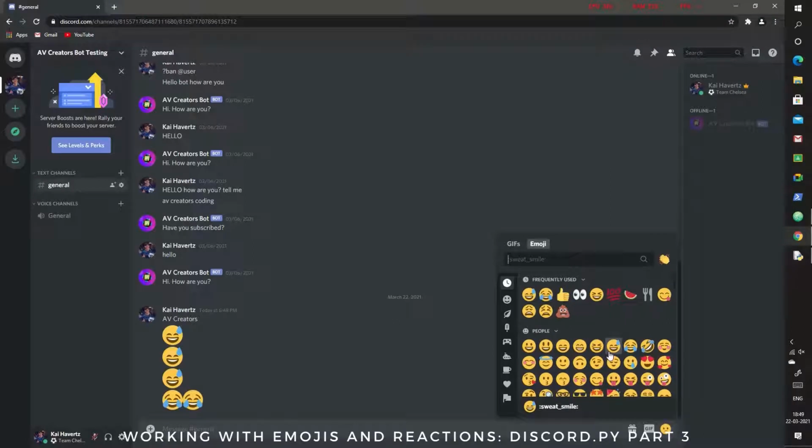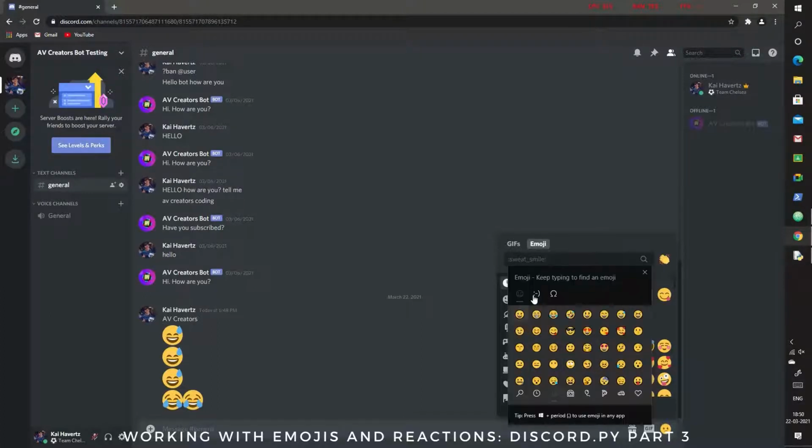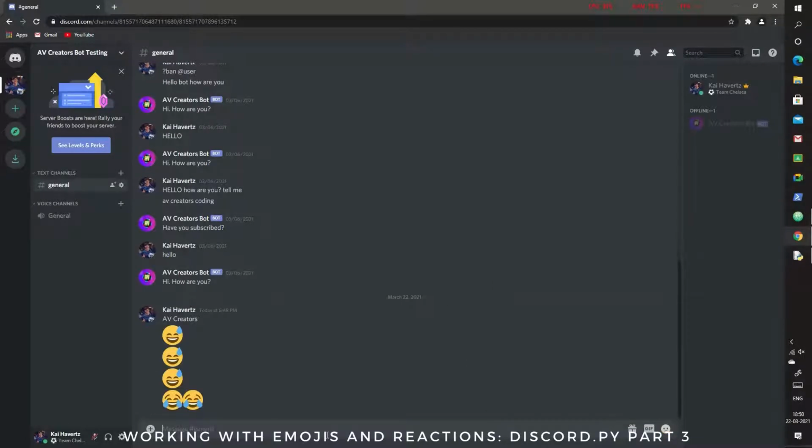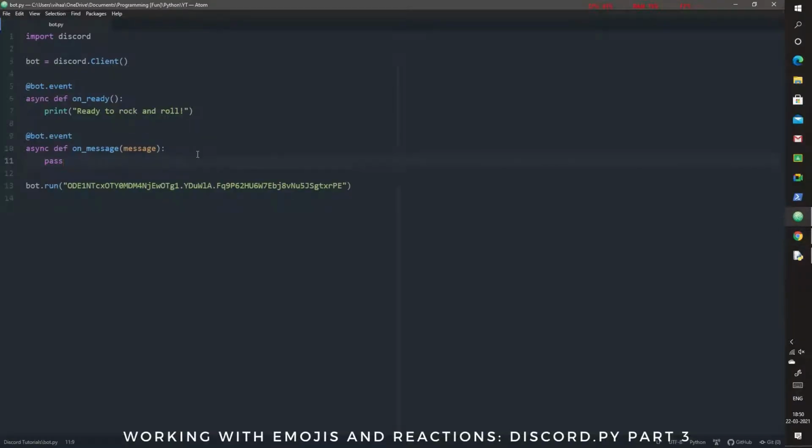So these are all Unicode emojis which can be used throughout all computers and devices, but they come in their own different packages. So for example, I assume that Twitter and Discord use these kind of emojis. On the other hand, Windows, like the system, uses these kind of emojis. Right here, one second. Yeah, these ones. So it all depends on the way you send it, but finally the emoji is going to come out like Discord wants it to. So similarly we can make our bot send an emoji. So let's get started with that.